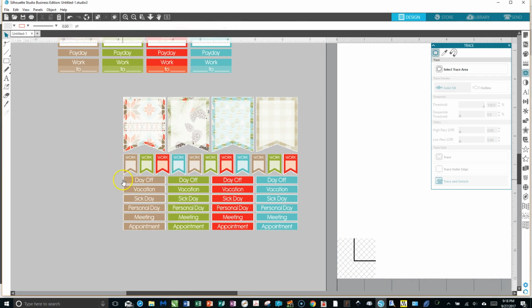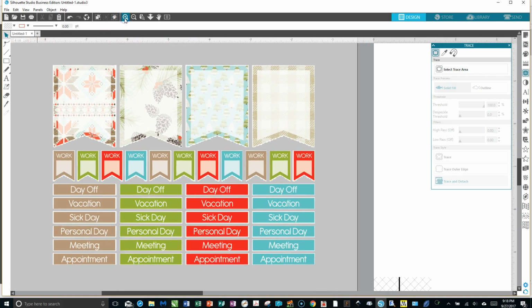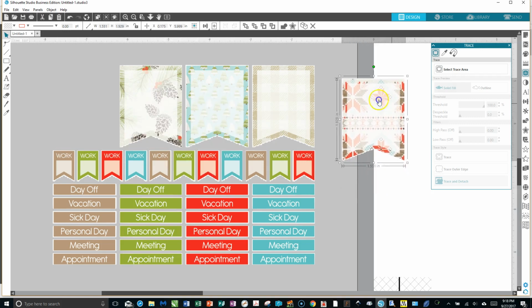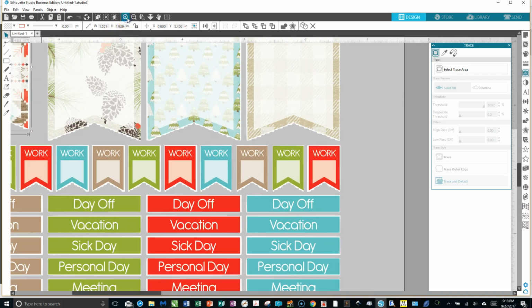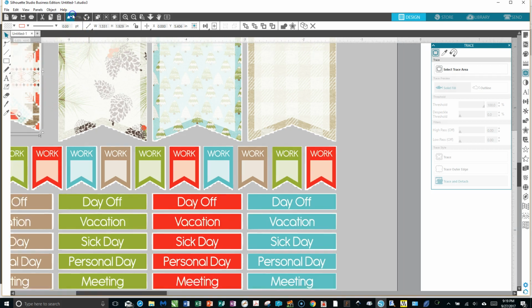So now I have these. Let me zoom in. There's a little bit of white around the edges of it, but it's something that I think I can live with. And you see this jaggedness. You can see, let me just zoom in really close, and you can see that part in there. If that's something that is really going to bother you,